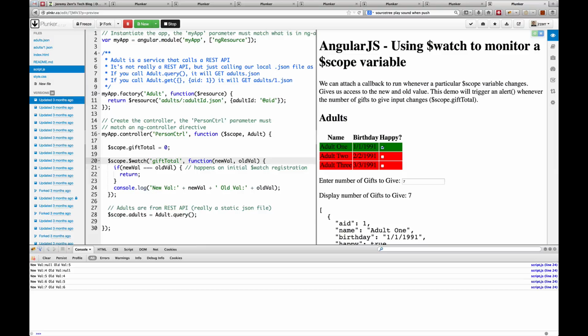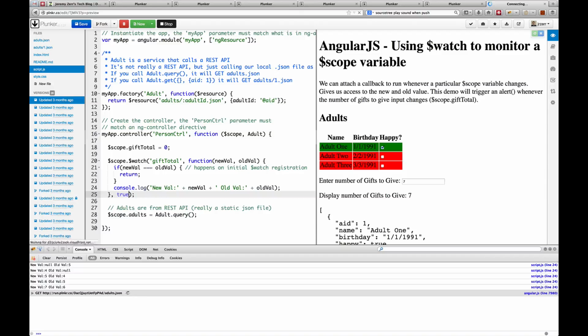So if I had an object like adults, and I put a watch on adults, it wouldn't really do maybe what you think it would. It wouldn't tell you every time something changed unless you add an extra true parameter at the end of the watch, and then it will watch the whole object, and any parameter that changes, it will let you know,